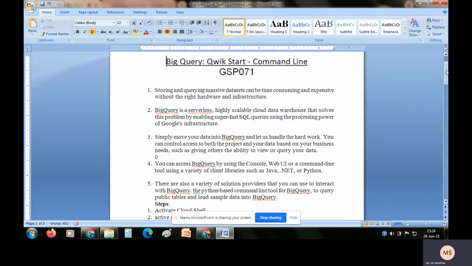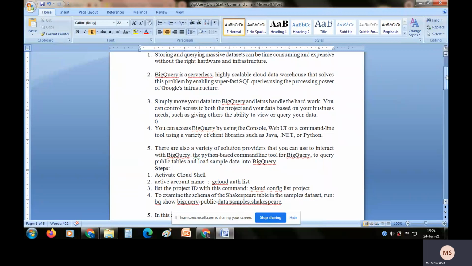BigQuery can be used through the console, either through the web user interface or through the command line. With these three options you can use BigQuery on your cloud. We can even have an association with client libraries like Java, .NET, and Python.